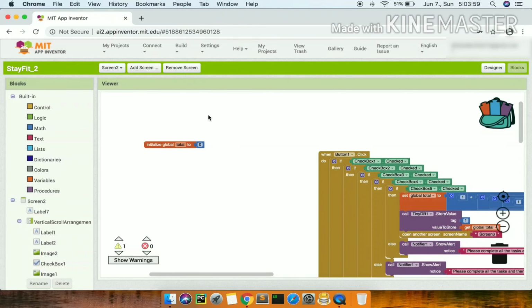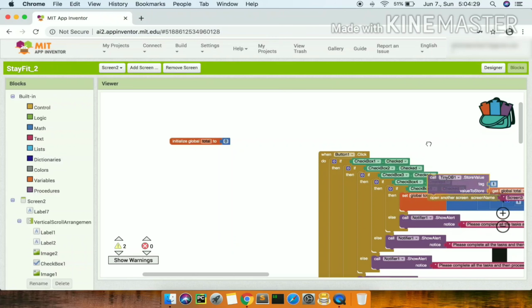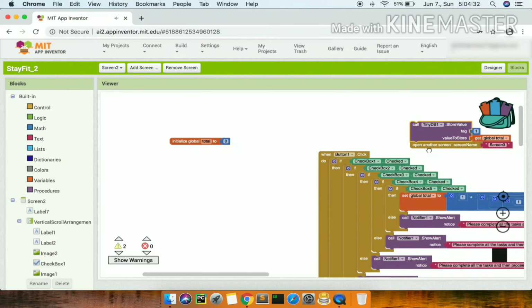In MIT App Inventor, we can access a global variable only for one screen. If we could use the global variable named total on all the screens of the whole app, our code would be much easier and simpler to write. If we could access a global variable on all the screens, we wouldn't have to use this tinydb1 component.